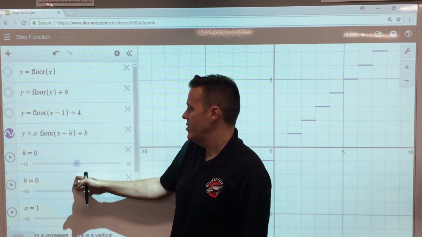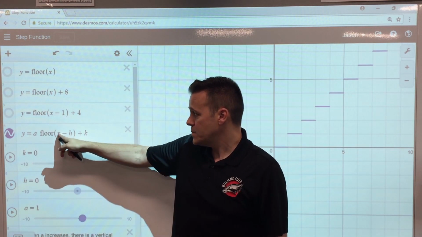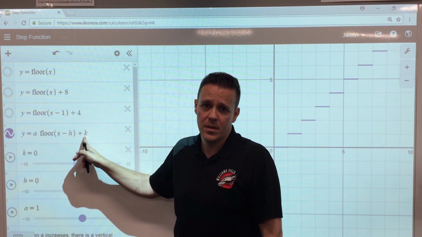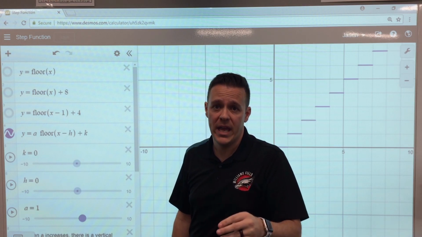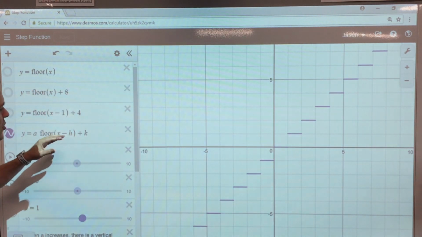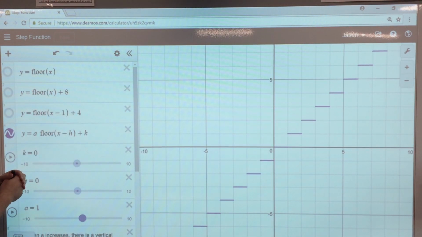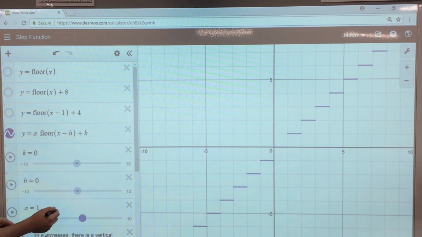H is 0, this function, and then the function k is 0. Ladies and gentlemen, HK form. We will be talking a lot as we get into quadratics about h and k. What the HK form is, how you make transformations about it, and then what we're going to do. So in our example, it says if you were to graph it, it'd be x minus 2. So I'm going to take this h and watch the graph as I move it